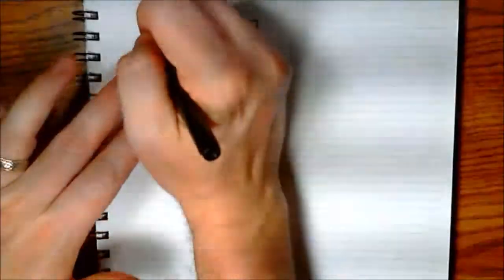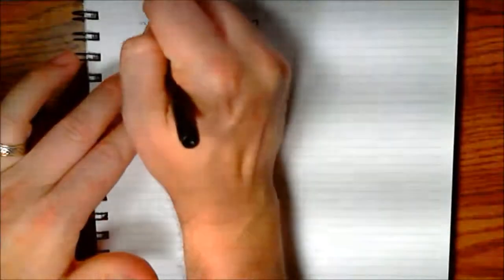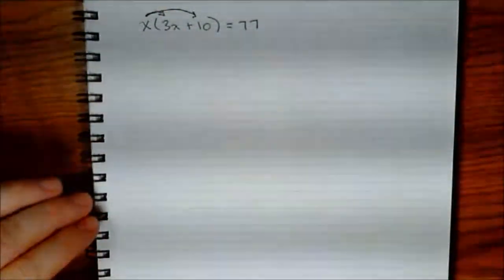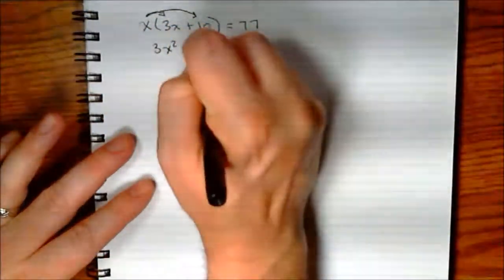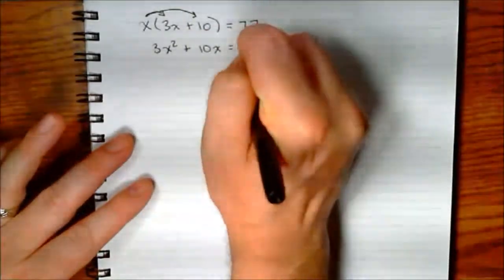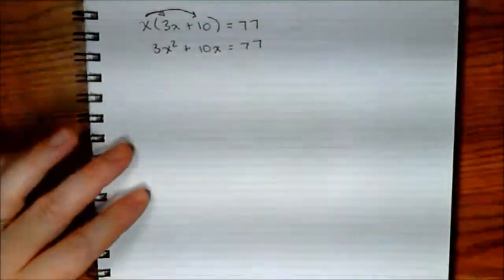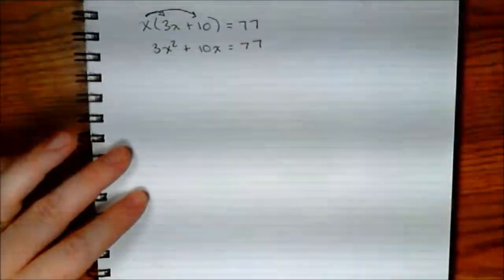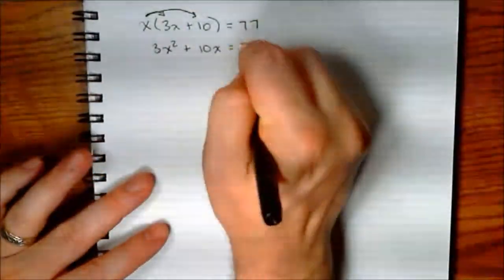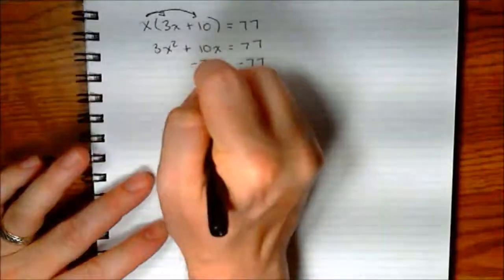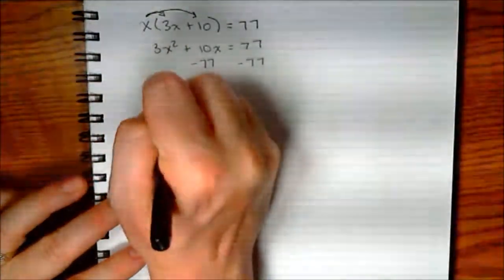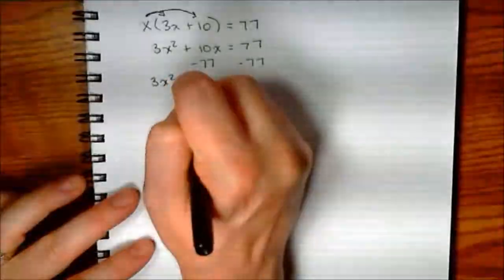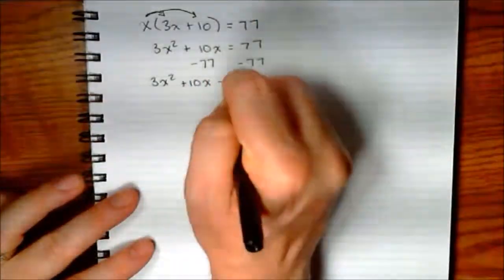Next, we should distribute this x, multiplying it by the 3x and the 10. That gives us 3x squared plus 10x is equal to 77. Subtracting 77 from both sides of the equation gives a quadratic in standard form. So we have 3x squared plus 10x minus 77